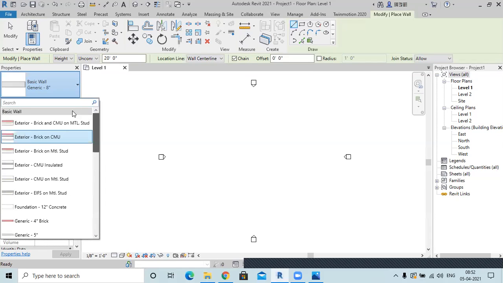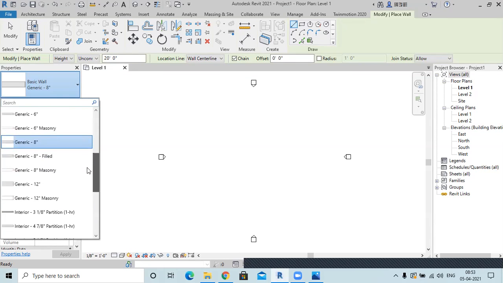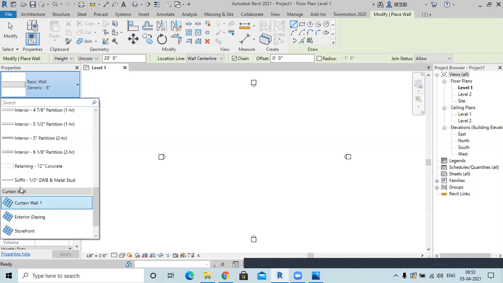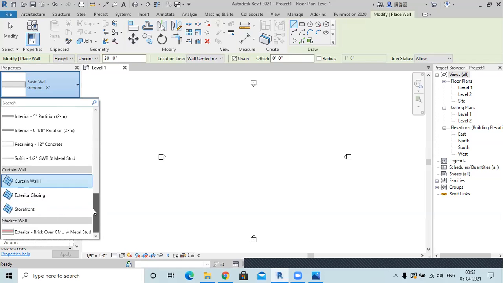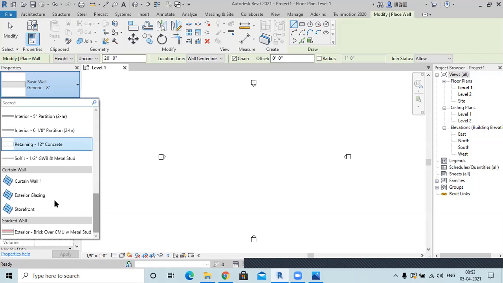So these are the general walls. Some are exterior, some are interior, some are different material walls. Then you will get curtain wall, which is used majorly in stores and different commercial structures. These are glass panel walls.